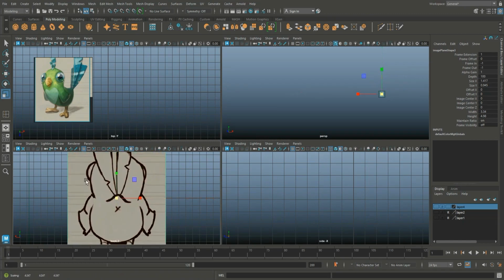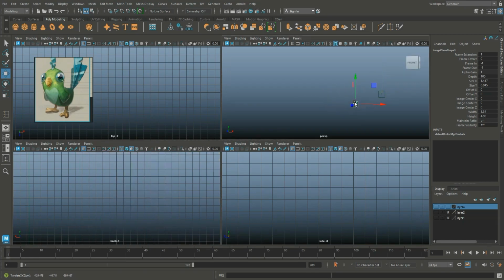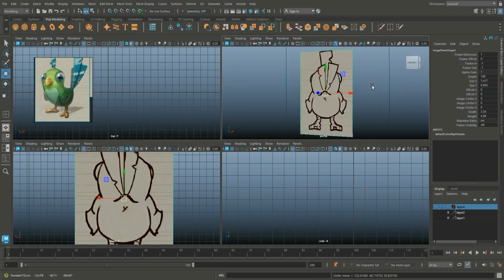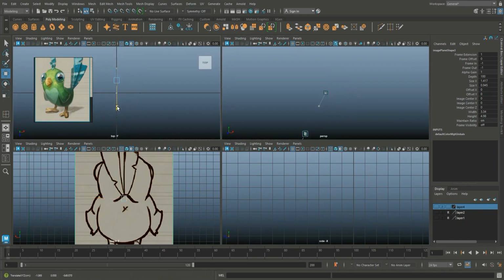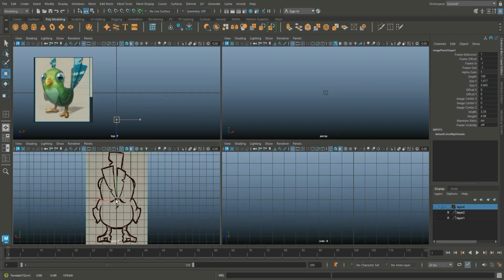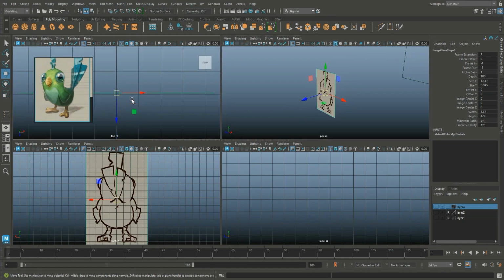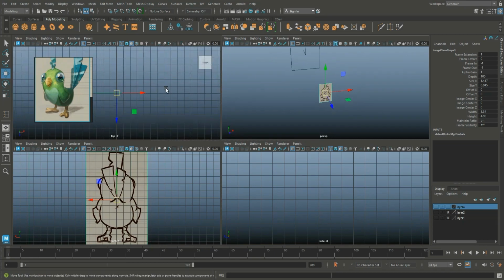And now I'm scaling this image and moving the image to match my view. After setting up this back image,